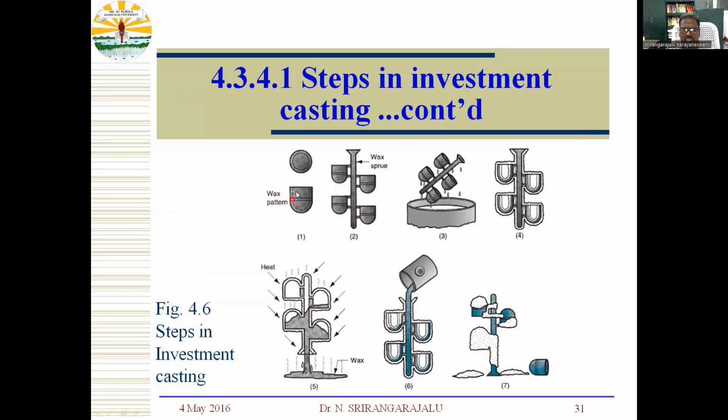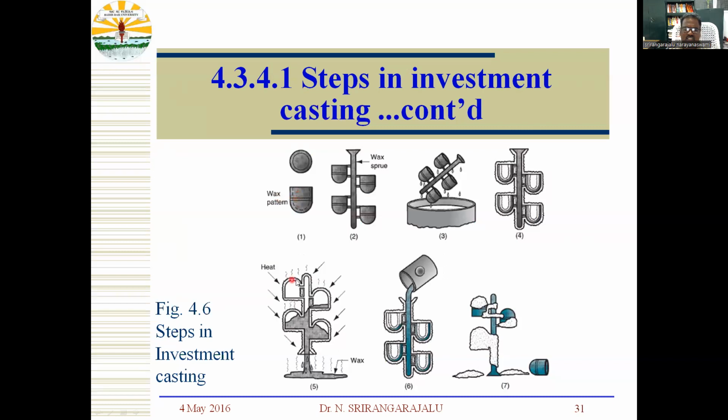This is a wax pattern. After the wax pattern, they will have a wax sprue. From this wax sprue, we can assemble a number of wax patterns. Then they can make a refractory coating. After the refractory coating, it can be dried. After drying, invert this